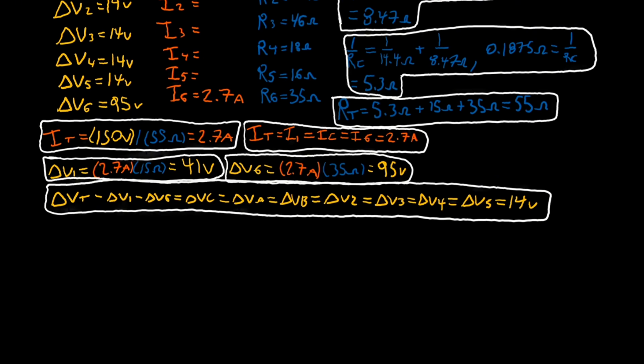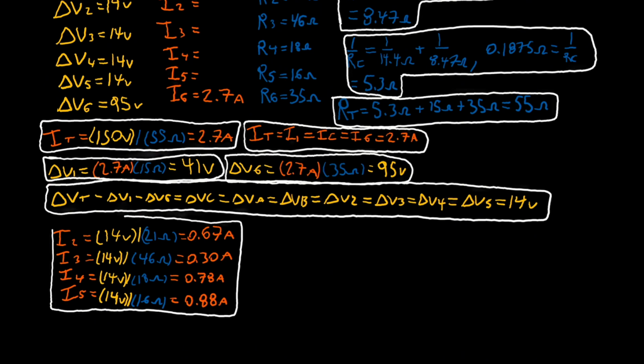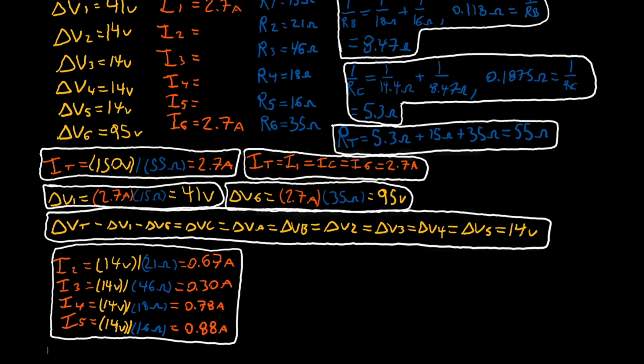And so I2 equals 14 volts divided by 21 ohms equals 0.67 amps. I3 equals 14 volts divided by 46 ohms equals 0.30 amps. I4 equals 14 volts divided by 18 ohms equals 0.78 amps. And I5 equals 14 volts divided by 16 ohms equals 0.88 amps. Now just to confirm, we can add them up, and it equals just under 2.7 amps, so we know that